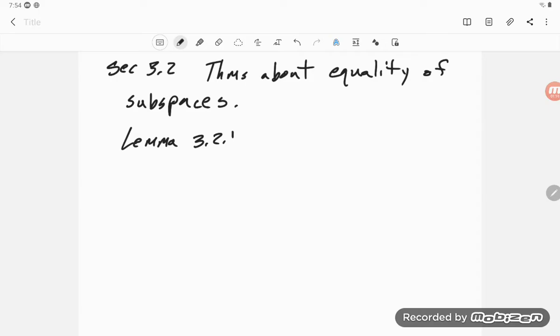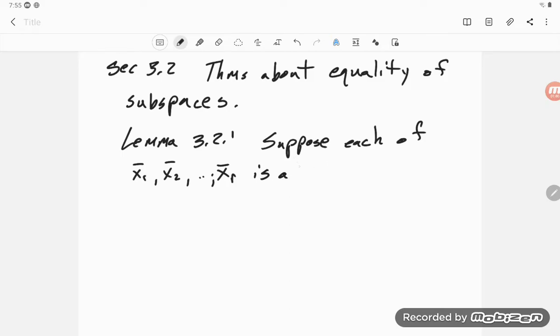And in this case, they say, suppose each vector, okay, so each of x1, x2, up to some xr is a linear combination of some other vectors. Okay, so it's a linear combination of y1 through ys, so y1,